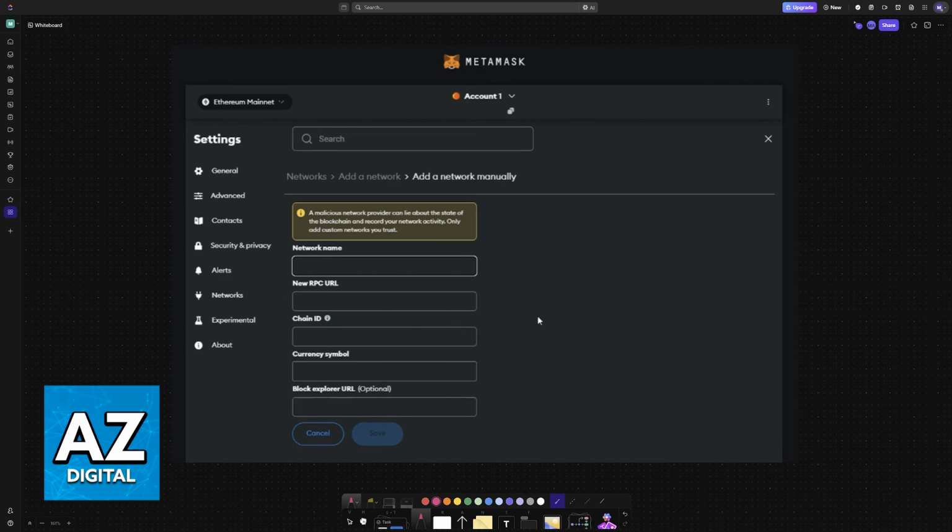And if this doesn't work, then double check all of the details. As long as you are able to fill out all of the necessary information, you can connect them with each other. I hope I was able to help you on how to connect MetaMask to CoinMarketCap.